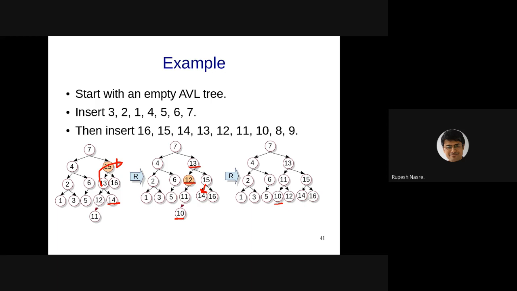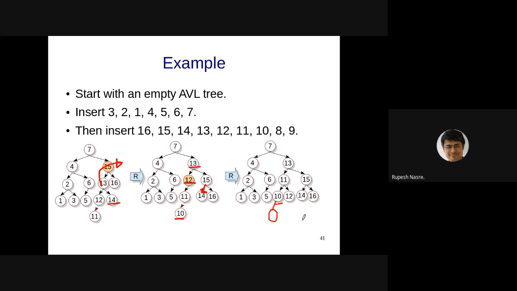Okay, Yashwant Reddy has given a third answer. Okay, we'll see which one, and there has to be exactly one answer, right? So there can't be 2 answers. So okay, when we are adding 8, we go to the right of 7, left of 13, left of 11, left of 10, and therefore 8 is going to get added here. Does that create an imbalance? Doesn't seem to be the case.